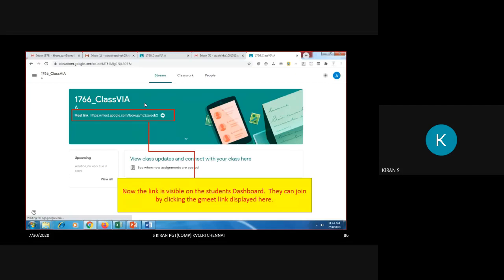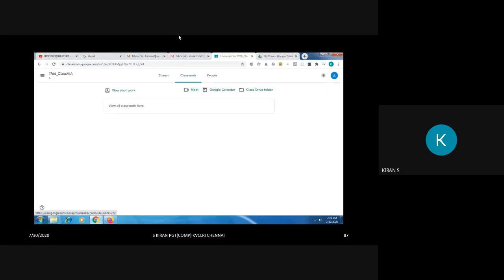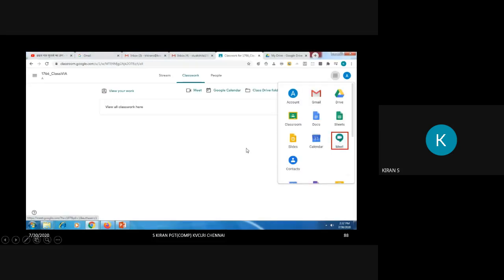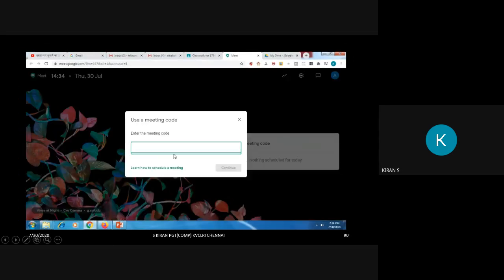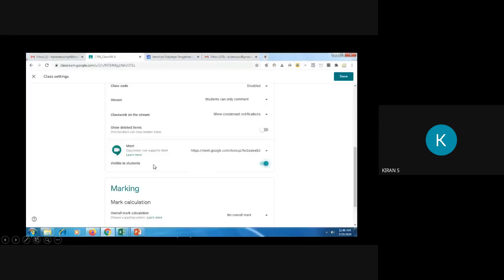No, there is no admit option over here in GSOC. Now after making it visible, this icon will appear for the student. The other way the student can join is by clicking on meet link. This is how it will appear for them. So here, instead of the complete code, they have to type only this part.